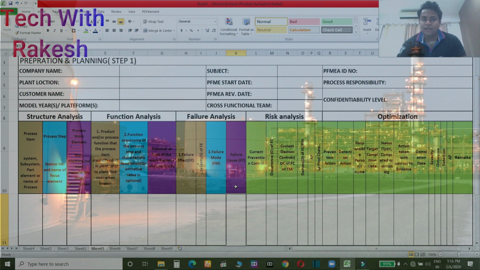So guys, when you go into preparation and planning, it is specified that in the cross-functional team, you can add your supplier, customer, or operator also. This is the flexibility of this